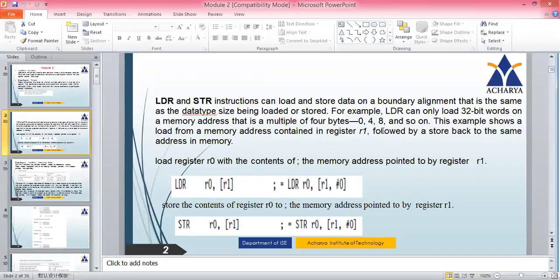So the memory alignment will be with addresses having a difference of 4. It starts with 0, the next address is 4, the next address is 8, and so on. It just proceeds like that. At the 0th address, it will hold 1 byte. The first address will hold another byte, the second address another byte, the third another one. So put together, from 0 to 4 there will be 4 bytes of data.